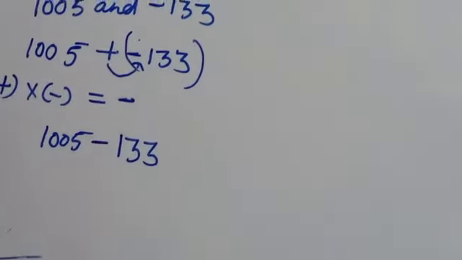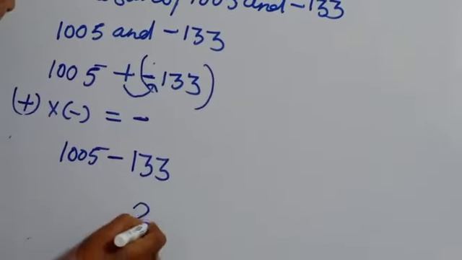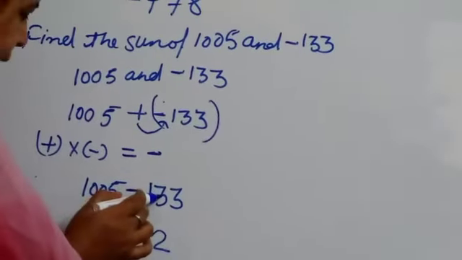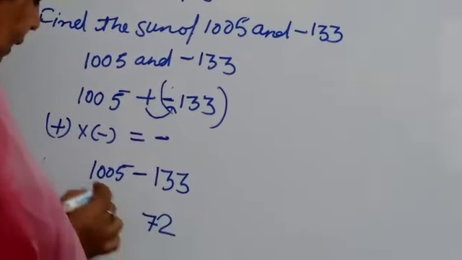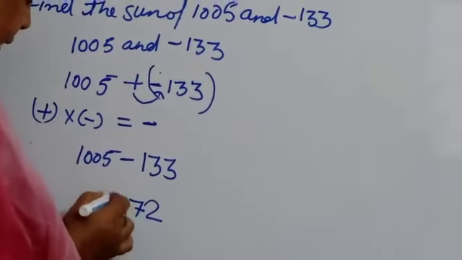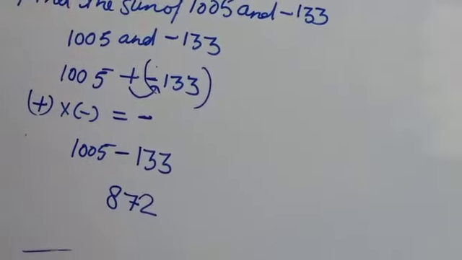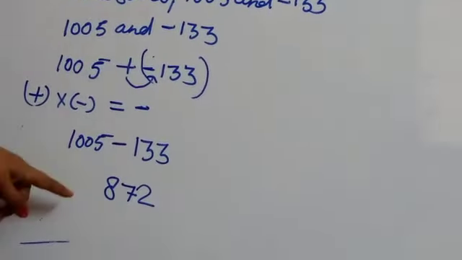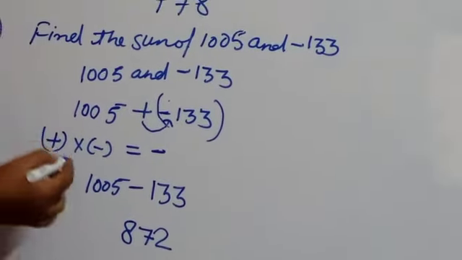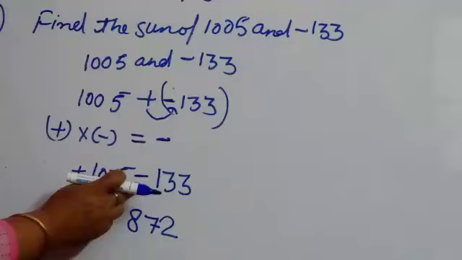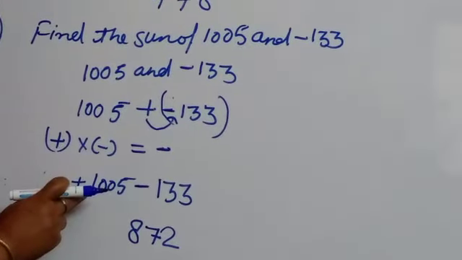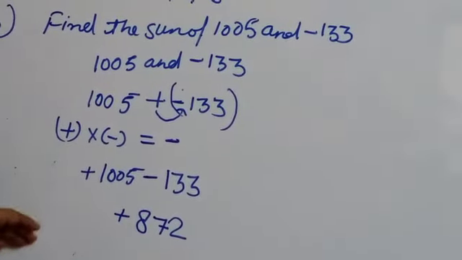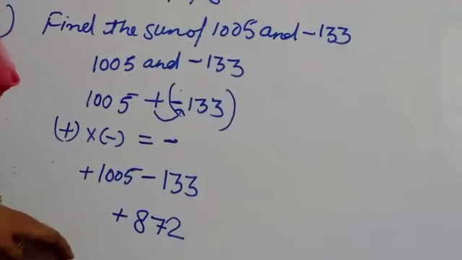Okay. See that now 5 minus 3 is 2. Here it is 0, you will take 10. 10 minus 3 is 7. Here it will be 9. 9 minus 1 is 8. So, the answer is 872, and here also a simple plus sign will come. In this way you will perform the rest of the question. And you can see that here also the same rule was there: two opposite sign numbers are subtracted with the greater value sign. The greater value has the plus sign, so it will be a plus value. Have you understood now? In this way you will complete the rest of the parts of question number 4.